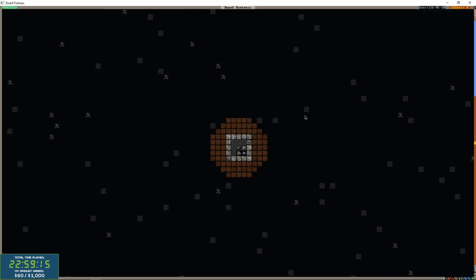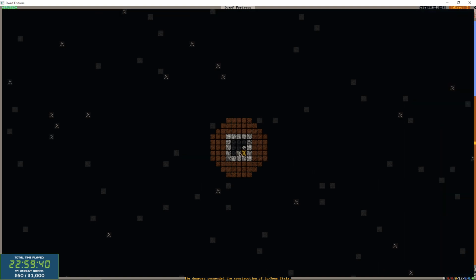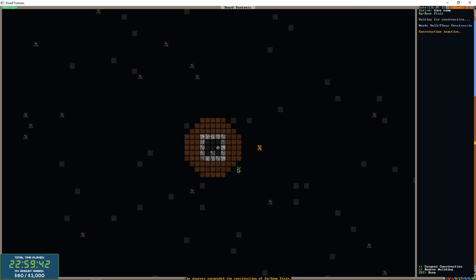Got to give him some diorite to actually build those staircases out of the hole he's in. There we go. And then we'll fill in the rest of the staircase. And we only had to do that because I was a dummy last night and made these upstairs cases too